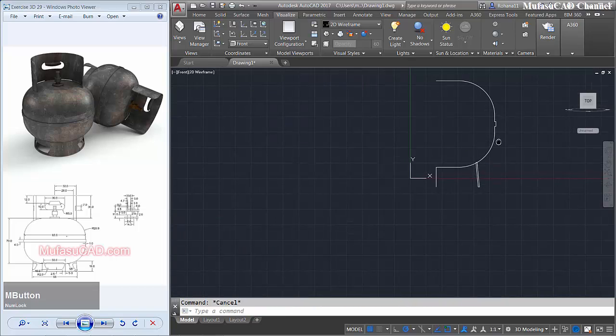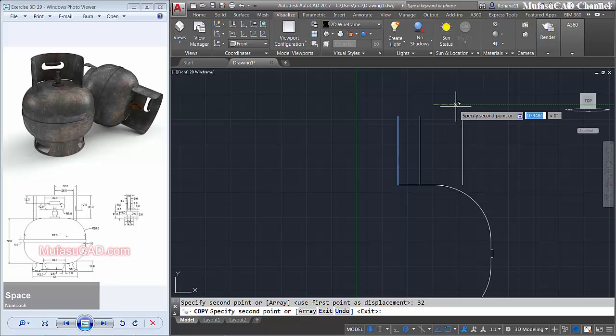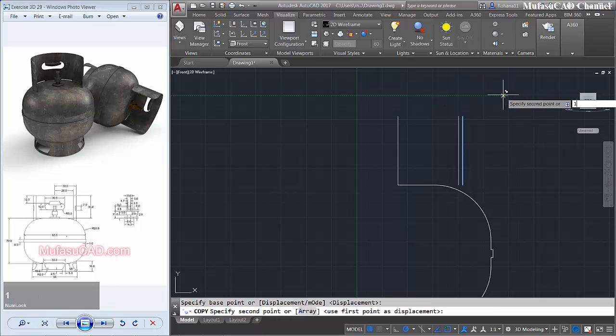Okay, next I will create a line, start from this point to the top here 35, copy this line object to the right 32, and we copy this line object again to the left 1.